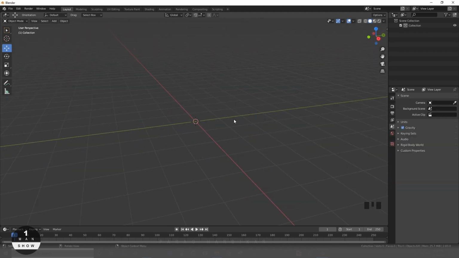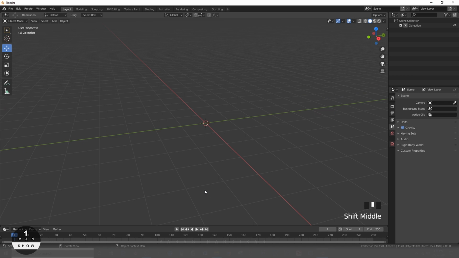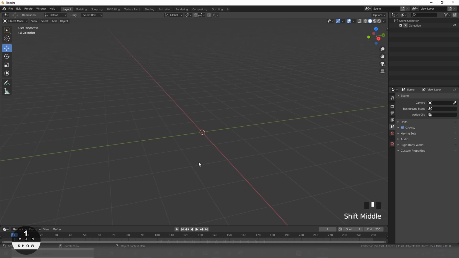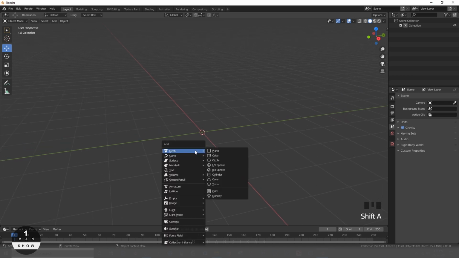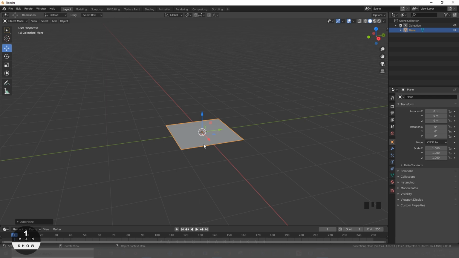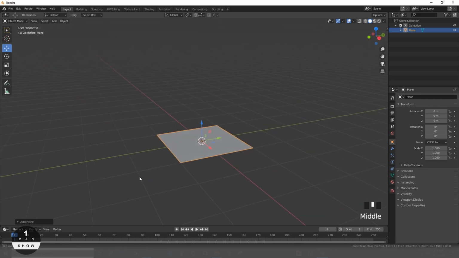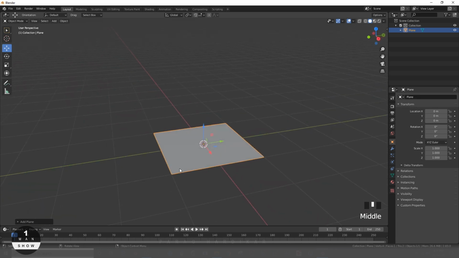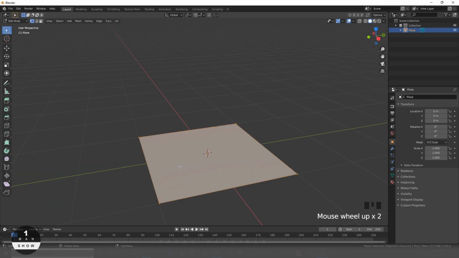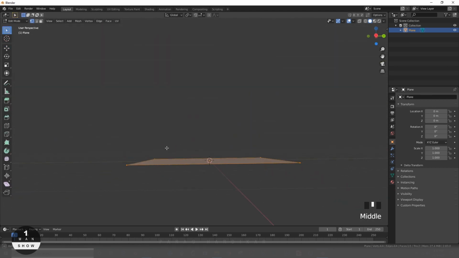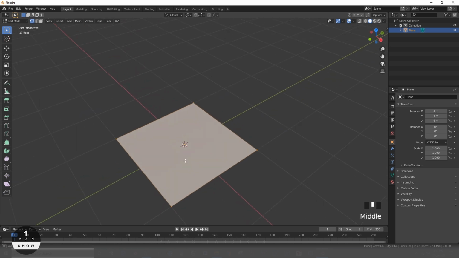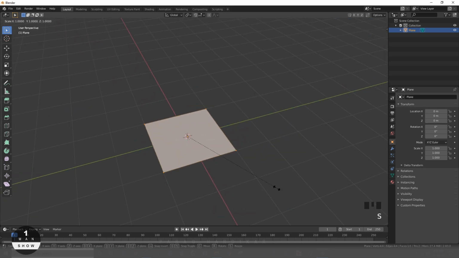So let's create some grass. I'm adding plain here. Then go to edit mode and scale this down in y-axis.